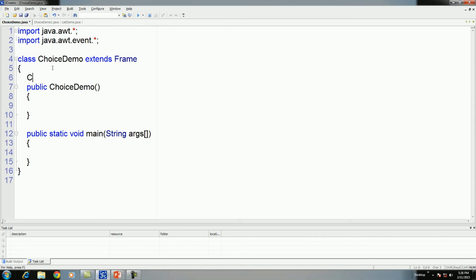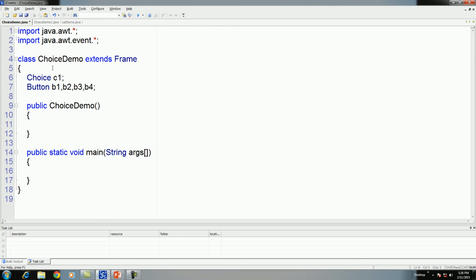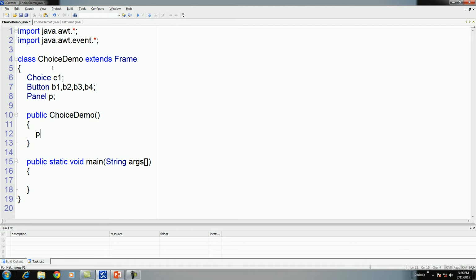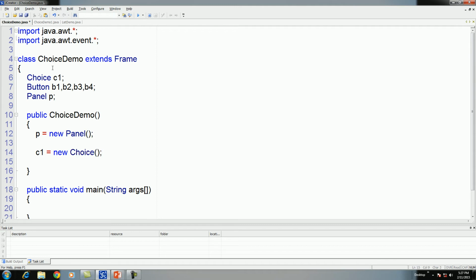For this example we have a single choice box and some buttons for add, insert, remove and remove all, and we have a panel. Okay, then create a choice box and add item one by one by using the add item or add method.